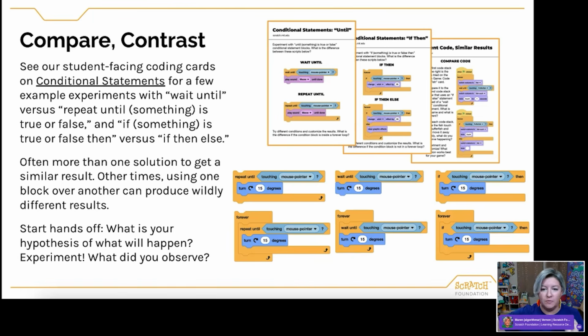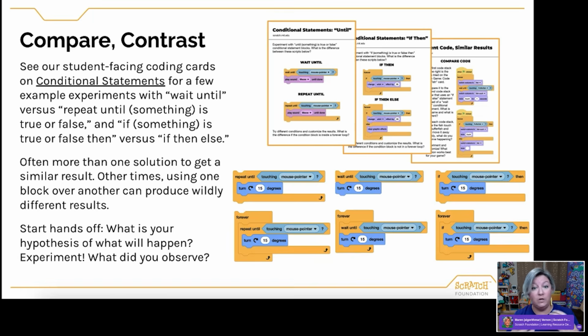So, I might pull up these scripts here and start with, let's just examine and look at these code sequences. And I want you to hypothesize before you test the code. Write down what you think the difference is between them. Then we will recreate these code sequences in Scratch, drag the blocks from the script area.